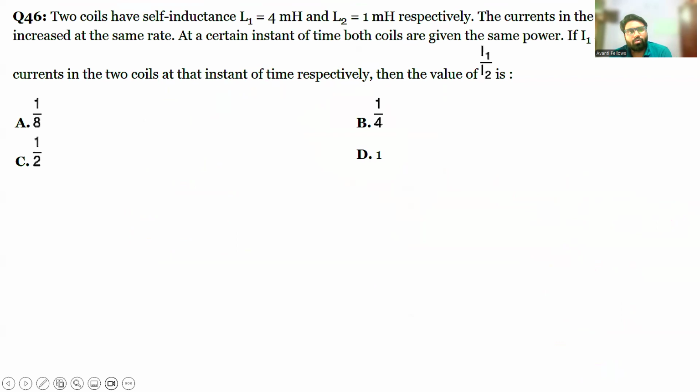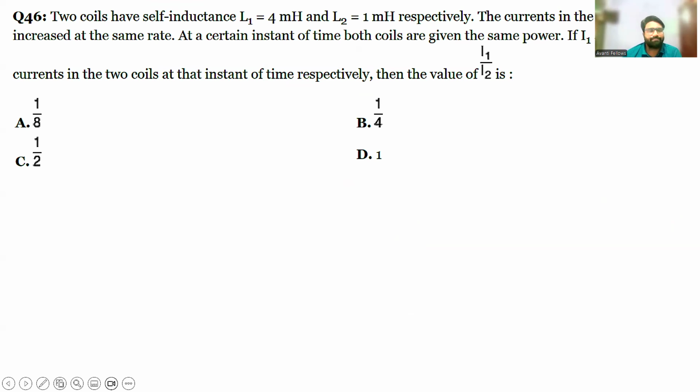Now, two coils having self-inductance L1 equal to 4 millihenry and L2 equal to 1 millihenry respectively. The current in the two coils is increased at the same rate. At a certain instant of time, both coils are given the same power. If I1 and I2 are the currents in the two coils at that instant of time respectively, then the value of